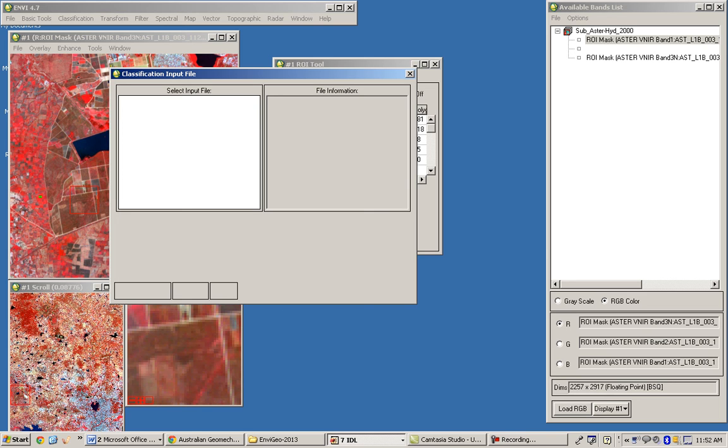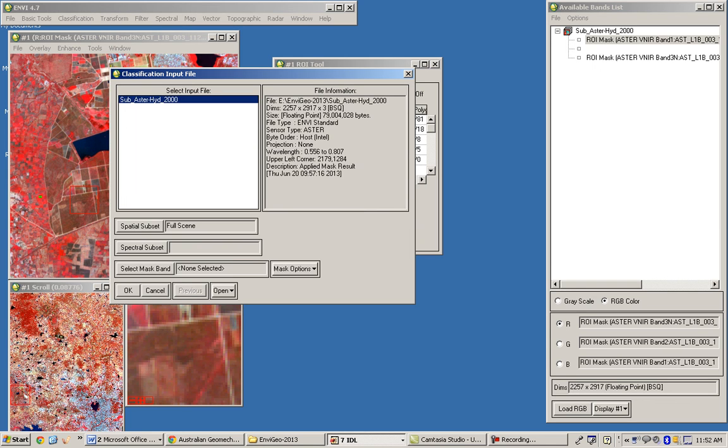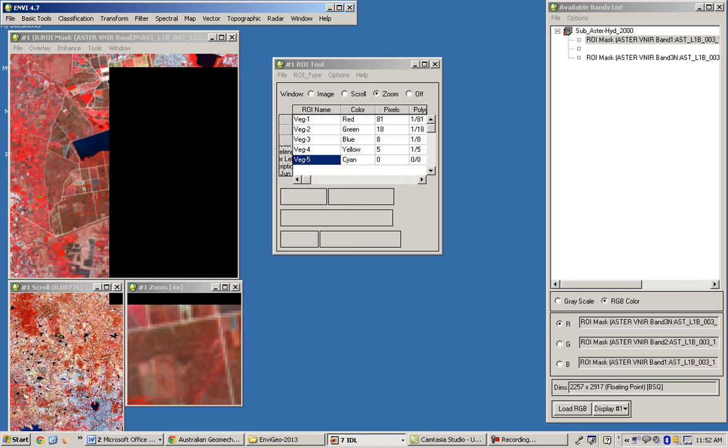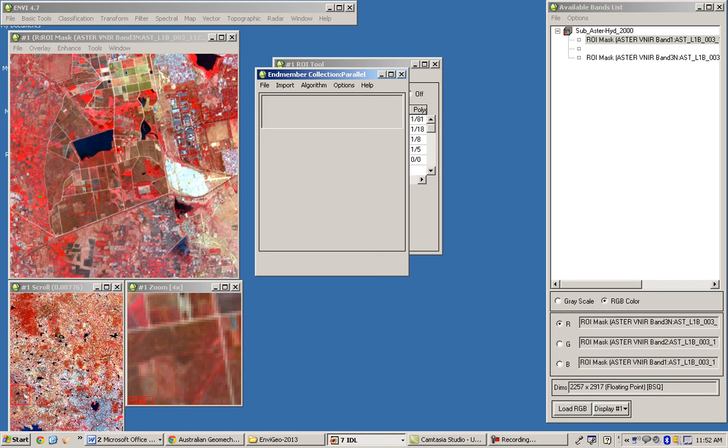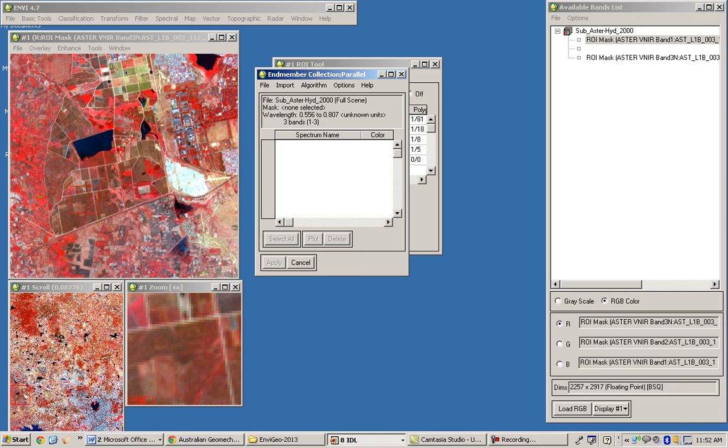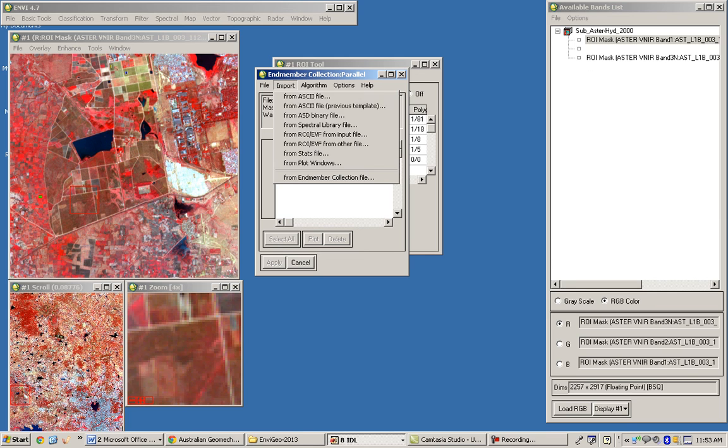So as usual, if you go to the classification tool, you can select end member collection, and it will ask you where your input image is. This is my raw data, which is subsetted from my raw data file. I don't want to work on the full image. Once you have this, the end member collection window will ask you where the ROI tools or the samples are which you want to plot. So you have to import. If you have already saved, you can open it, otherwise I am importing from the ROI which I already collected.